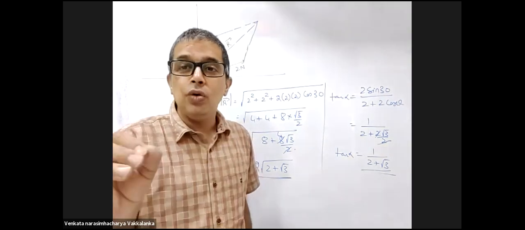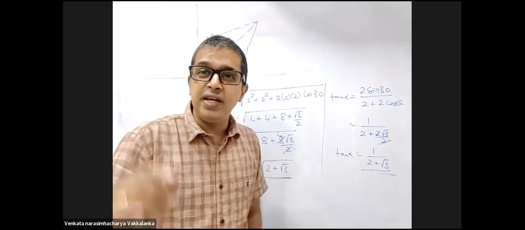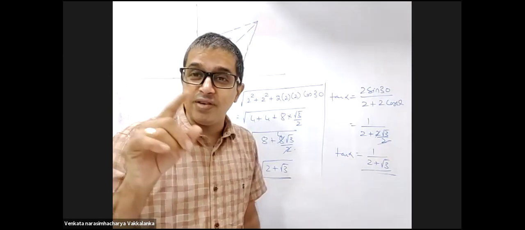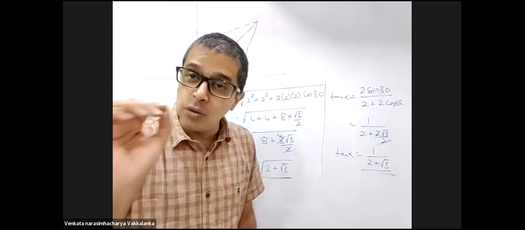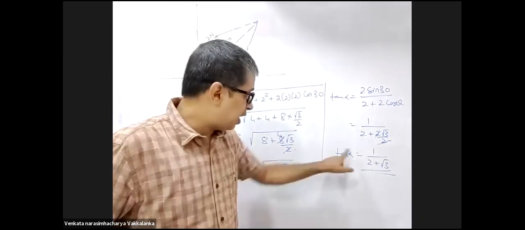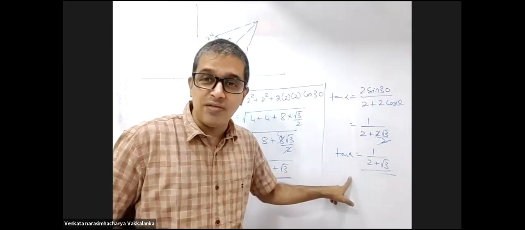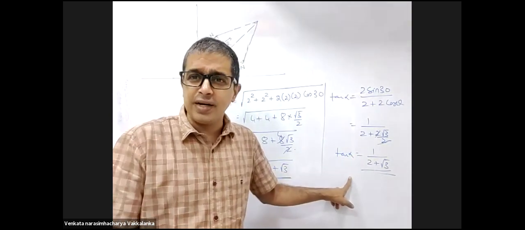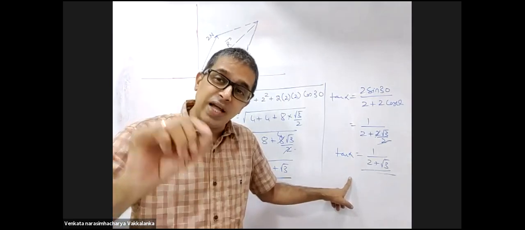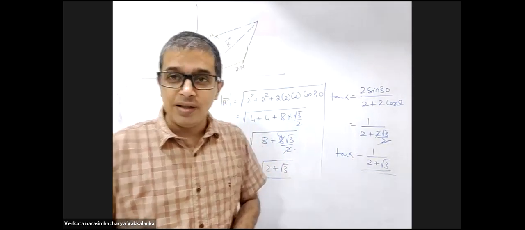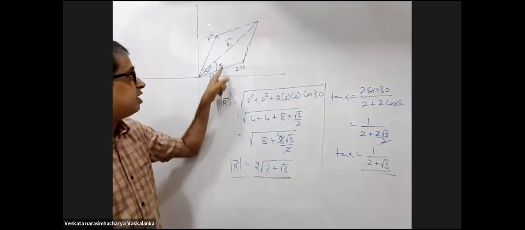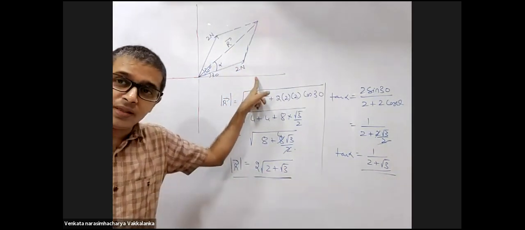Today, you people don't know yet the value of sin 15, cos 15, sin 37, cos 37, sin 53, cos 53. All this you will know by heart. So today I'll not be able to further tell you what is the angle alpha. I'll have to see trigonometric tables. But the paper setter will arrange the numbers in such a way that you get a proper value for alpha. That alpha plus 30 is the angle the resultant makes with the x-axis.